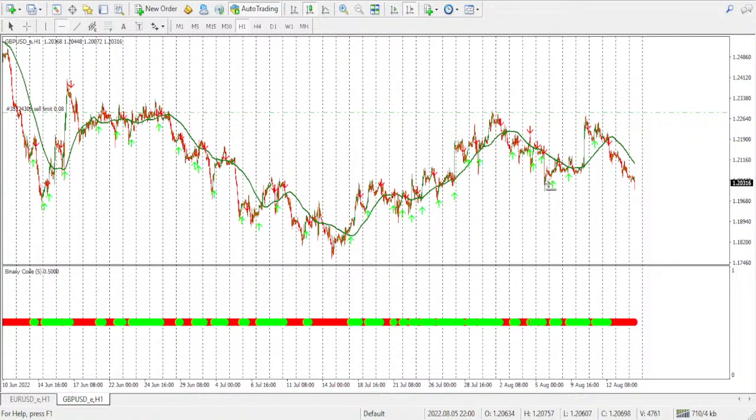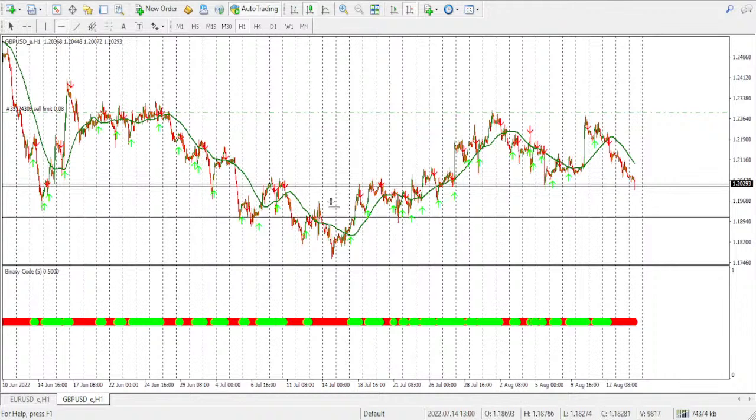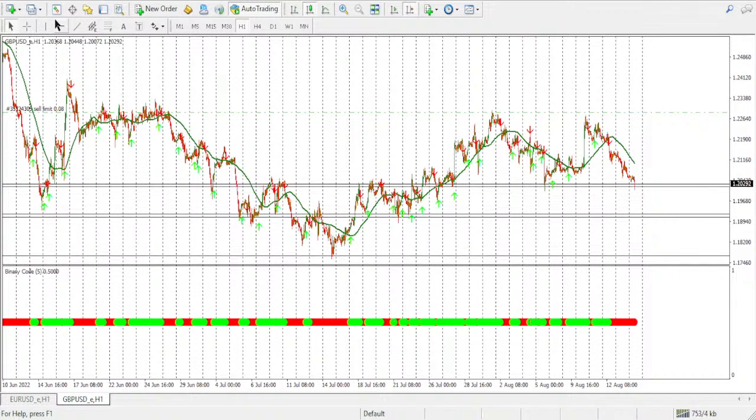We have a very good support here. This is where the price must break below for us to consider this as a sell continuation. So if the price descends and closes below these two lines, this will mean we are continuing short, at least up to this line here. If the price descends below that point, then the next target is this one. If the price breaks below these two lines, then we do expect it to continue downwards, at least up to the next level, which is